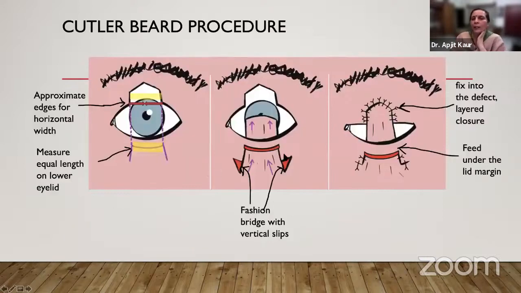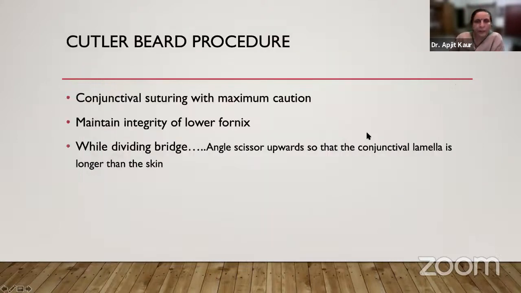So the commonest one in the hands of the oculoplastic surgeons is the Cutler-Beard procedure. This is basically a sharing procedure. There is a defect in the upper lid. You close and approximate and see what is the minimum gap you get. Now, for the size of the minimum gap, you mark out the lower lid. And then you extend it in the form that you get this free flap here. You pull it from under this lid bridge and take it and fit it into the upper lid defect,